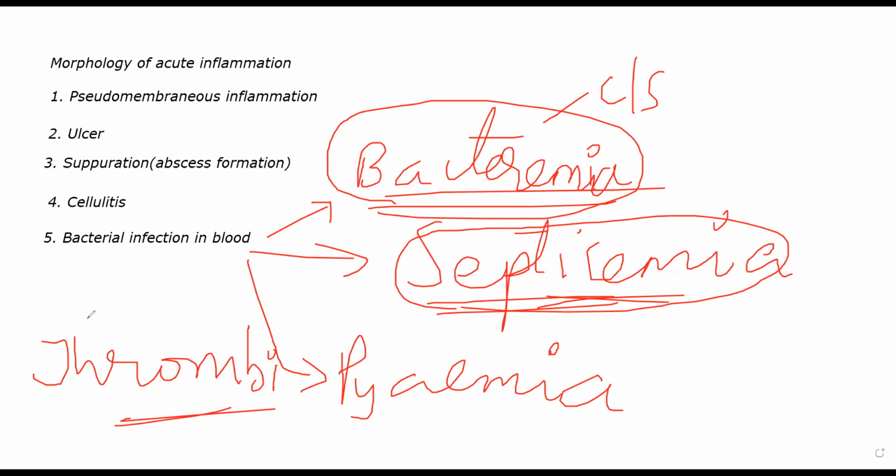And eventually what will happen is, as these thrombi are getting disseminated because of the flow of blood, those bacteria also will get a free ride. They will go wherever they want to. That condition where you have small septic thrombi in the blood will cause other effects. Wherever these bacteria are going and getting lost, they will start causing other effects. Especially you will see septic infarcts, and you will see pyemic abscesses, meaning they will start causing abscesses in various parts of the body, and they will start causing infarcts.